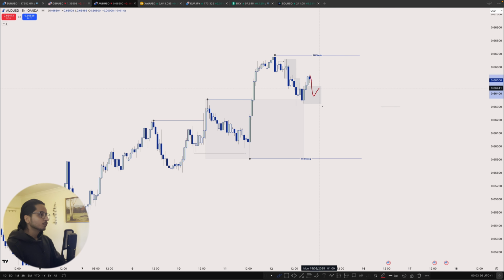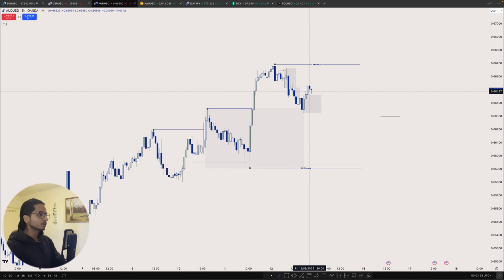We may get a pullback into here, so playing sells can be good, but I have to see the order flow shift indicating that liquidity is the target, having that weak low to target as well. Let's not think crazy until and unless the order flow is bullish. Let's just keep playing the buys.